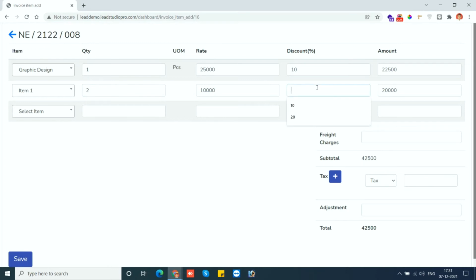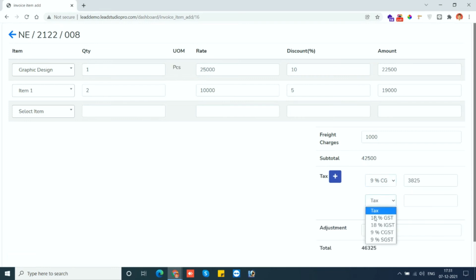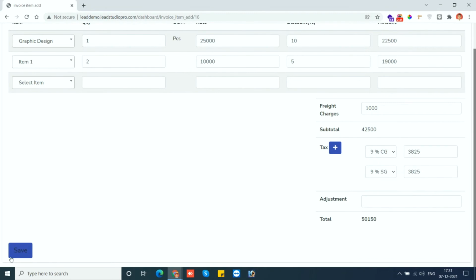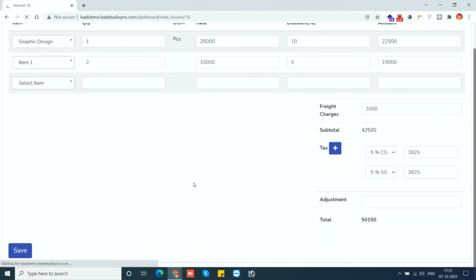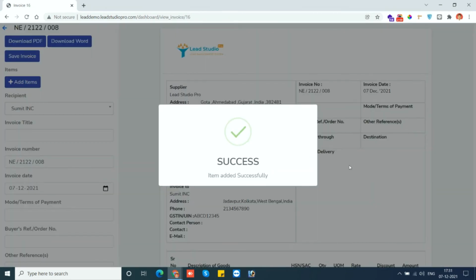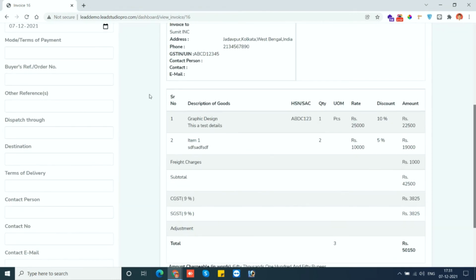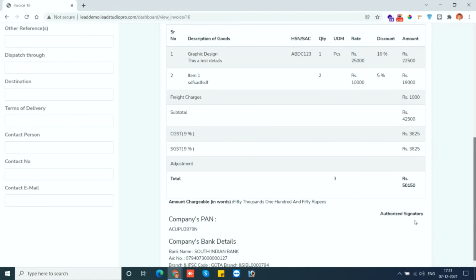As you can see, now discount it, if you want, you can make it blank or you can give a particular discount. Now you can add a freight charge for this, and you can add taxes from here. CGST, I can add multiple taxes, and automatically total value will be calculated. Now after inserting this, you can see all this item information has been there.